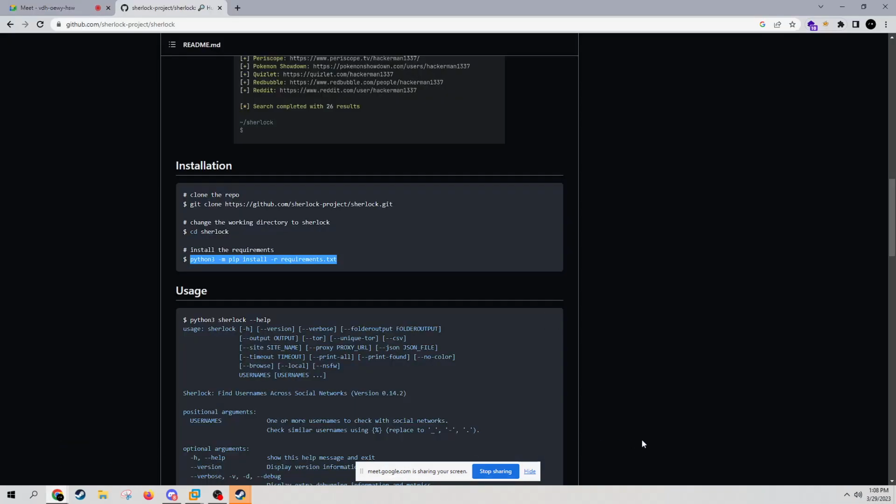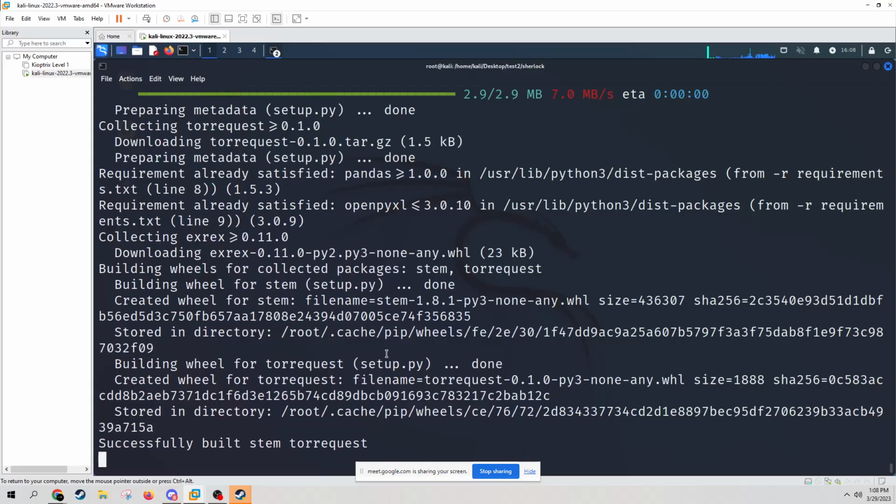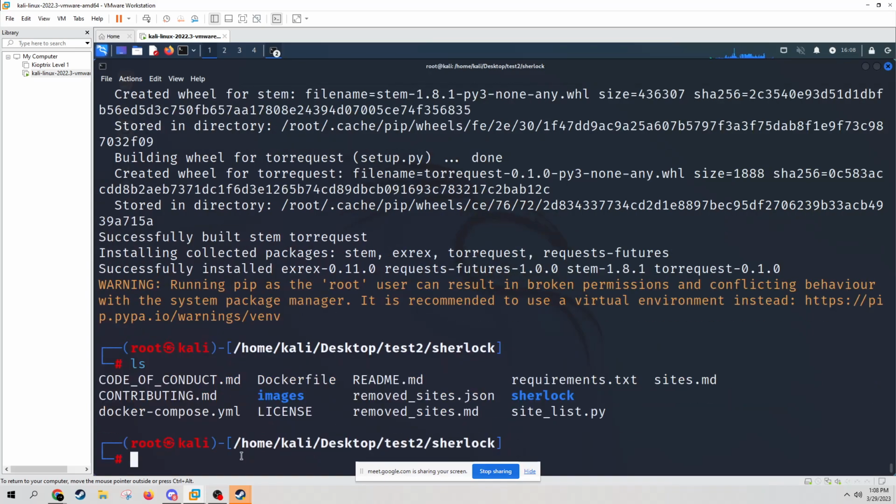I just showed you guys the command apt-get install git. Okay, so we have already installed the requirements. Now if you want to run the program, we're gonna write